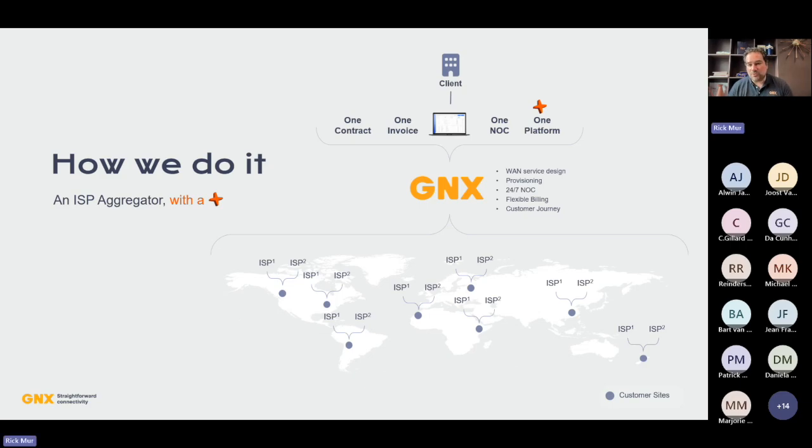Through a single platform that we call GNX Plus, you really type in your address, you get multiple results for your addresses because we don't want to lock you down into a single solution that we feel is the best one. We think that especially IT administrators will have plenty of knowledge to make that decision by themselves, but we give you the right information and the right data that is standardized in a single way. So you only have one contact, one contract with us, and one platform to actually source this from.